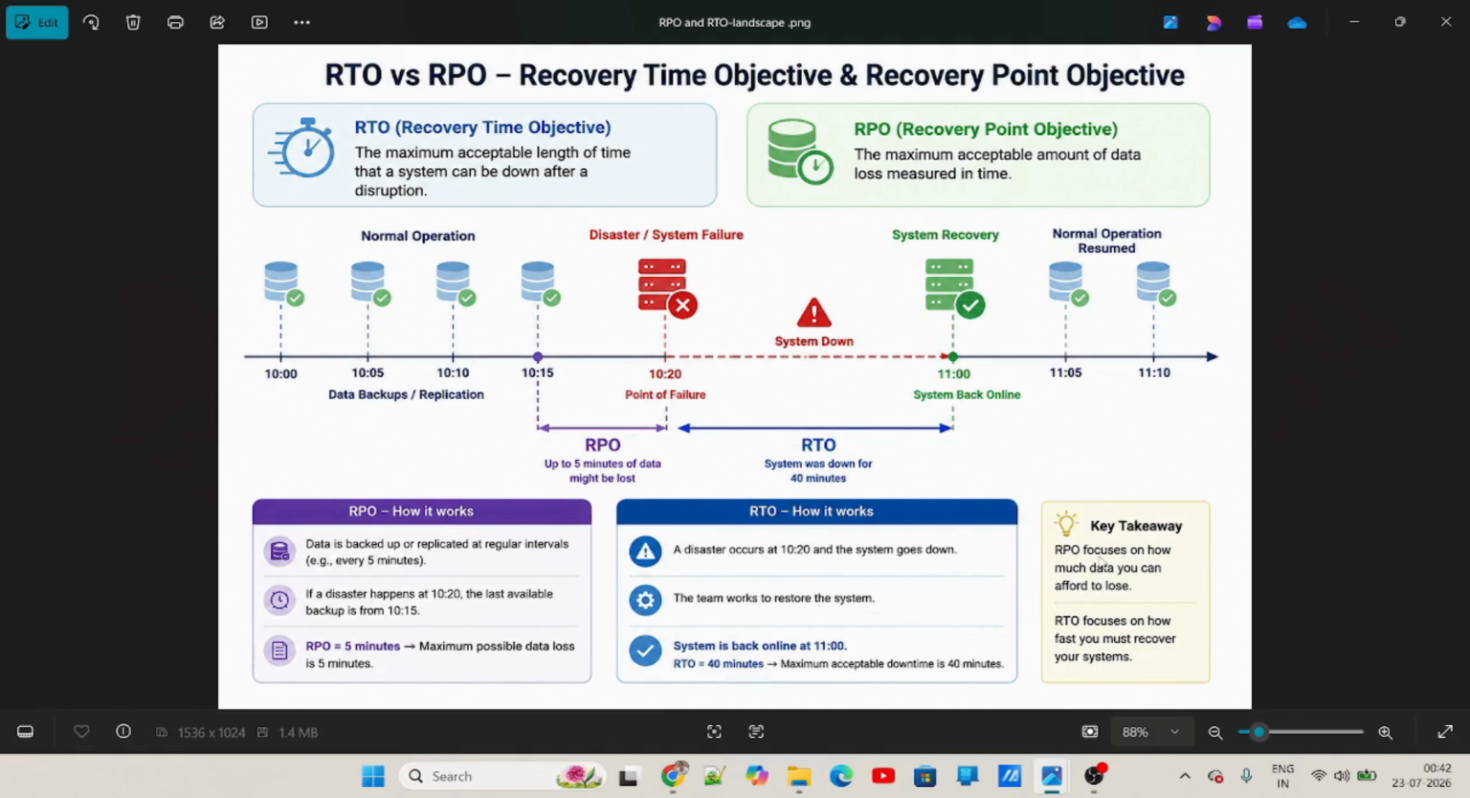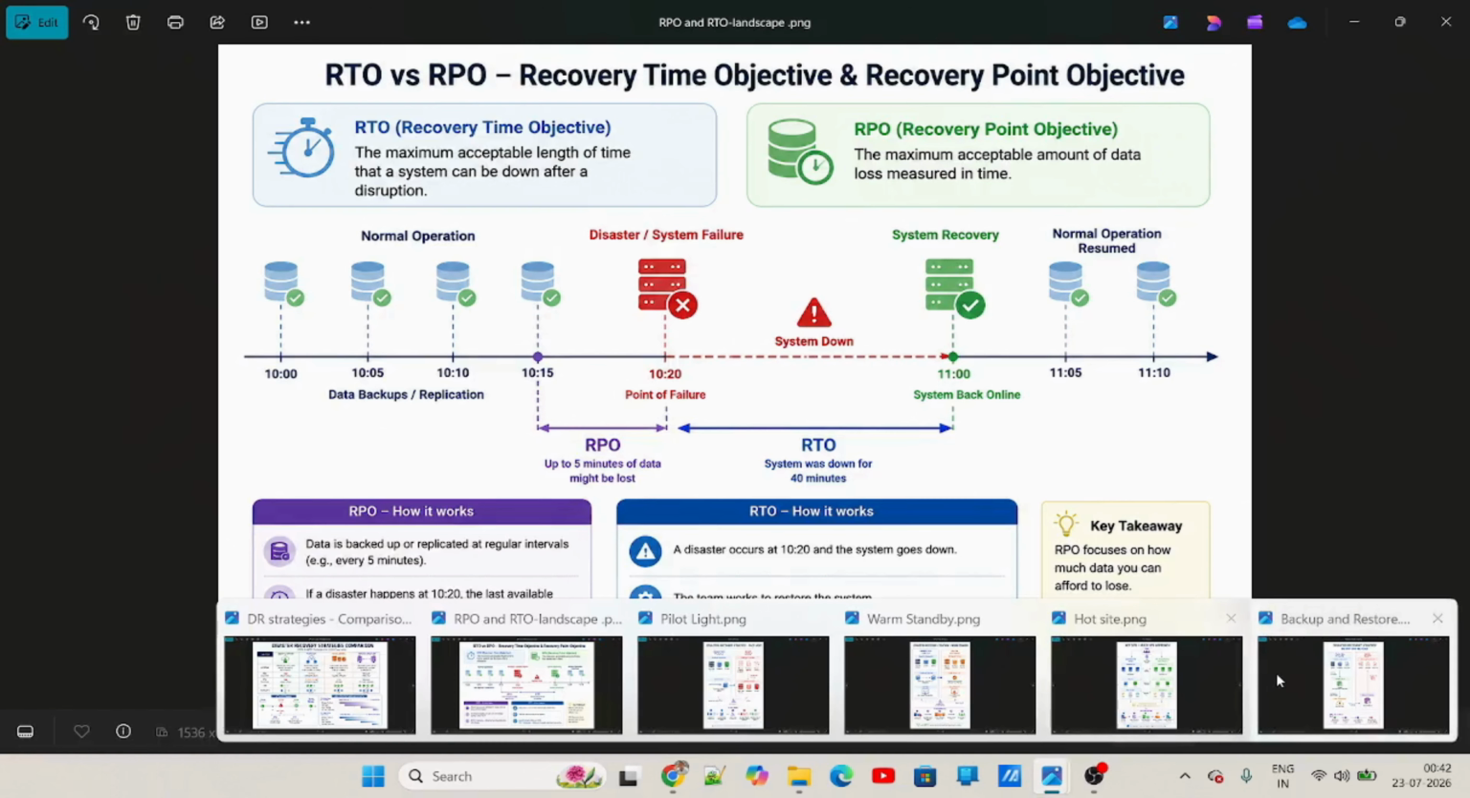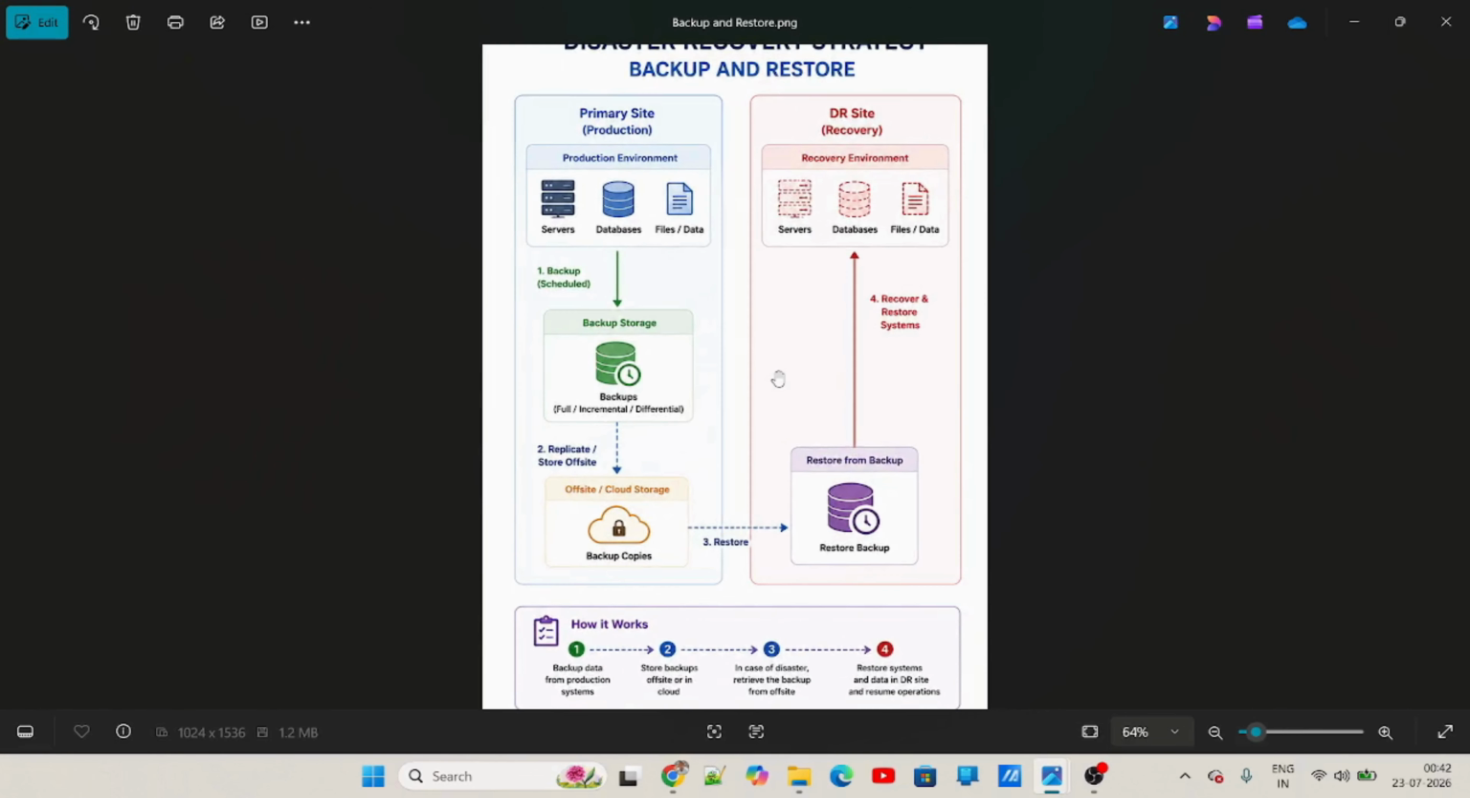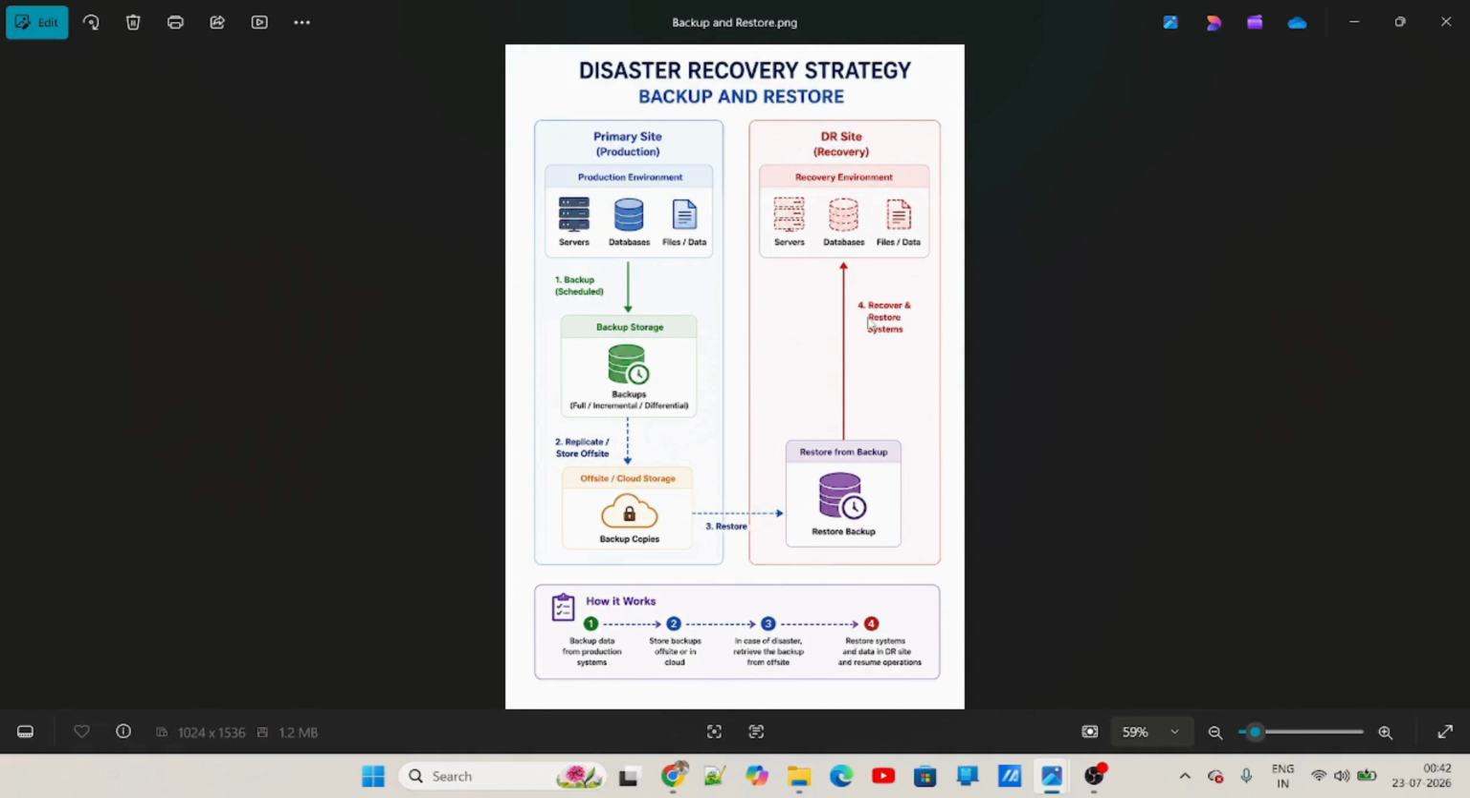The key takeaway is that RPO focuses on how much data you can afford to lose, and RTO focuses on the amount of time to bring up the system. So these are the two key terms in disaster recovery. And in AWS, there are multiple disaster recovery strategies. So let's understand them one by one. The first is backup and restore. This is the cheapest option